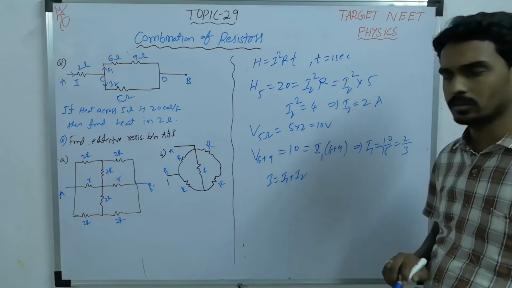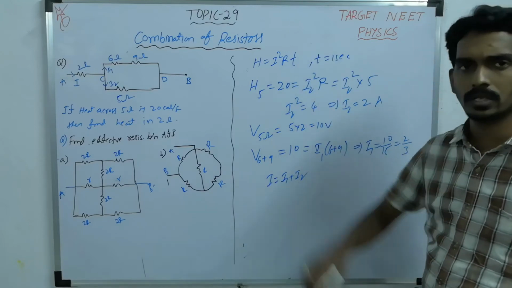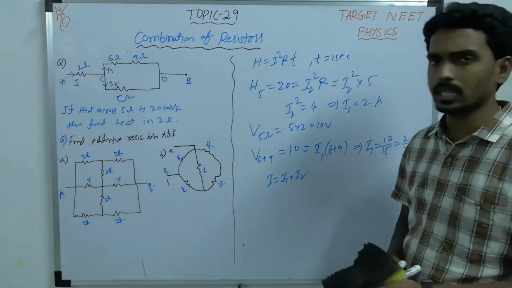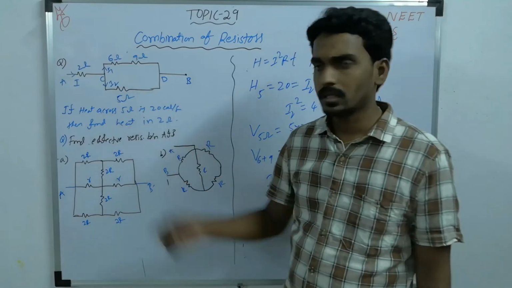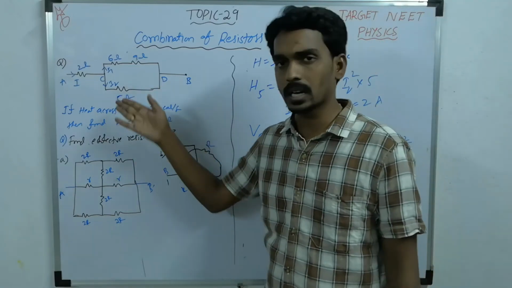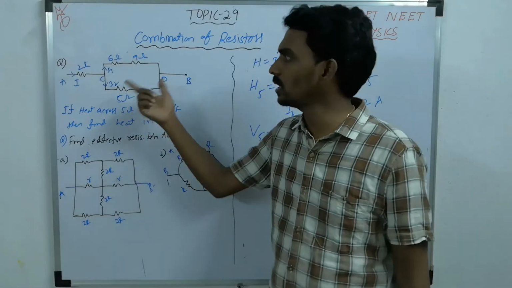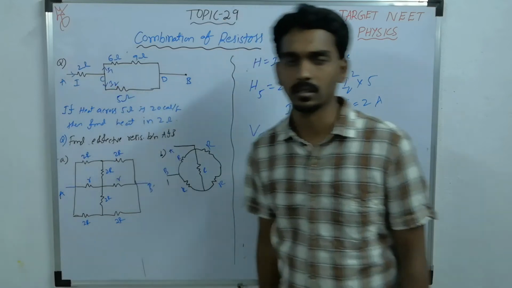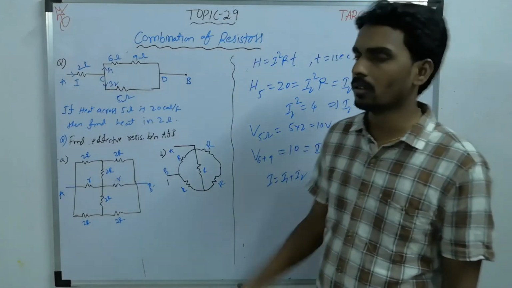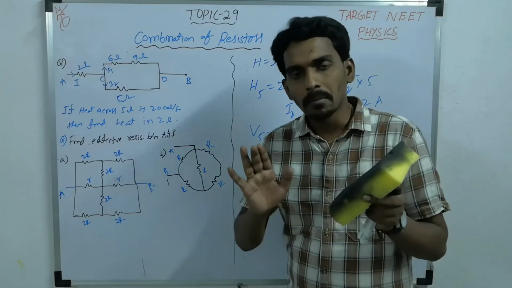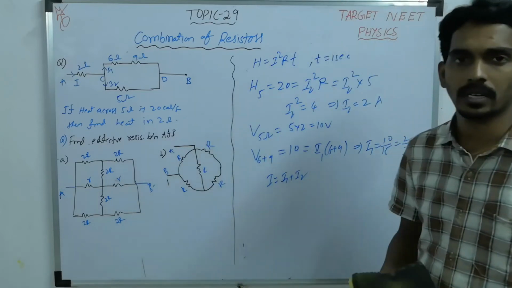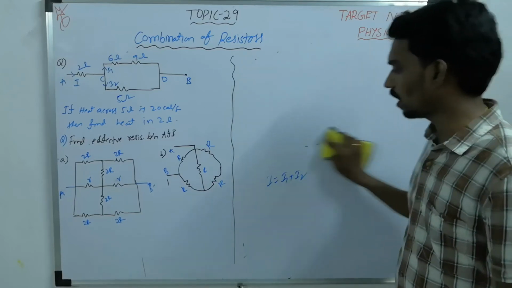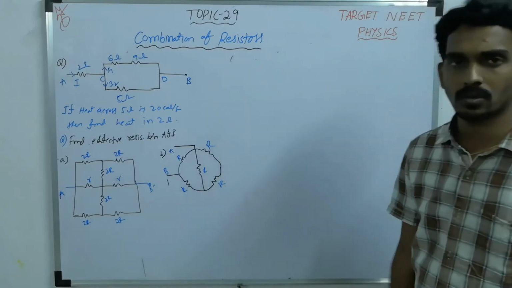I1 plus I2. Once you get I, then you can substitute here. R is how much? 2. So this way it is logical. Here the heat energy is given, so you can find the current here. And these two are connected in parallel, so the potential difference is the same. Then you can find this current. Once you get I1, I2, then you can get I. So think logically and try to solve the questions based on the basic required data whatever we have studied. That understanding and logical thinking always help you in solving physics questions.